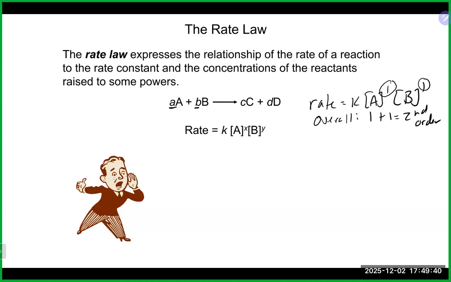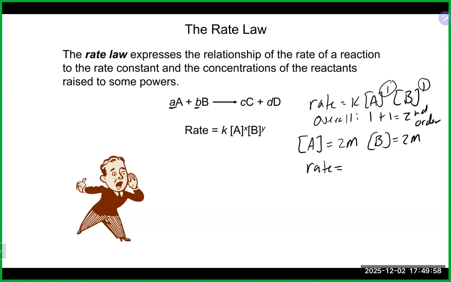Now, what does this help us? So, for example, let's just say we did this reaction and we had a concentration of A of, say, 2 molar, and B of like 2 molar. So if we were to calculate the rate and put it into our rate law, the rate would equal,